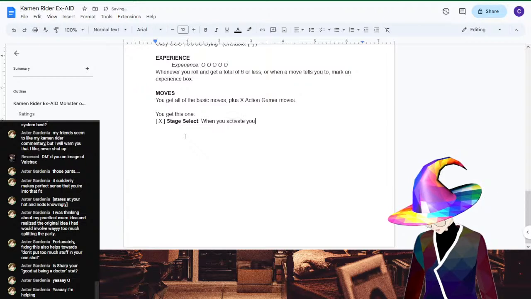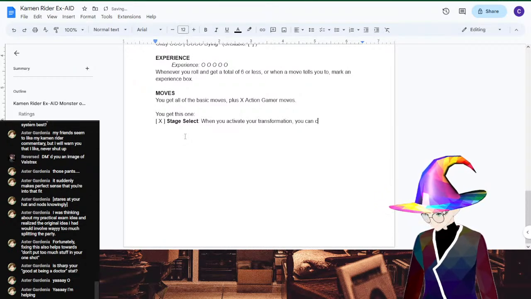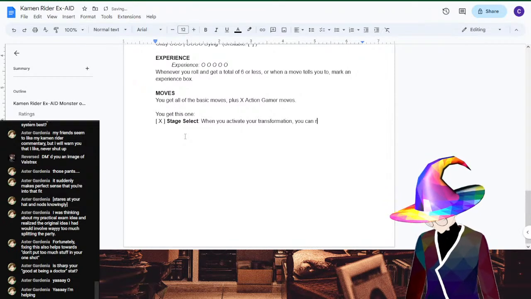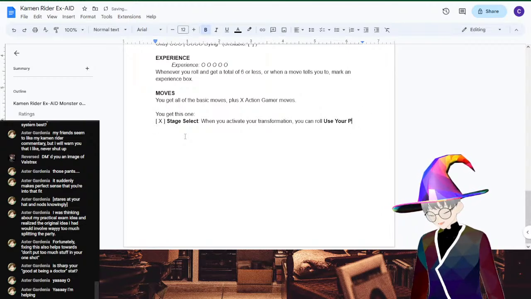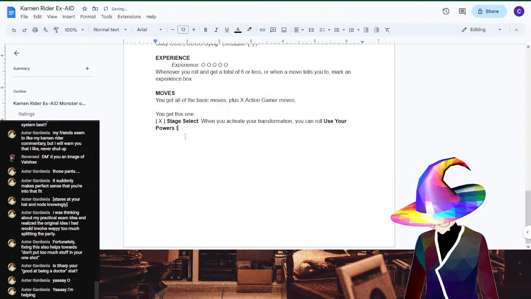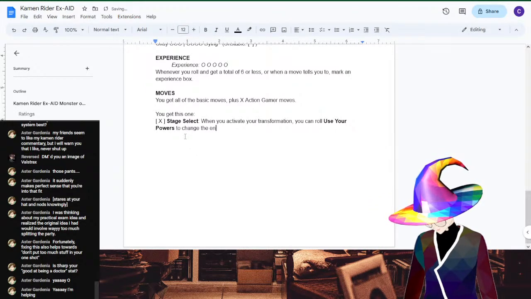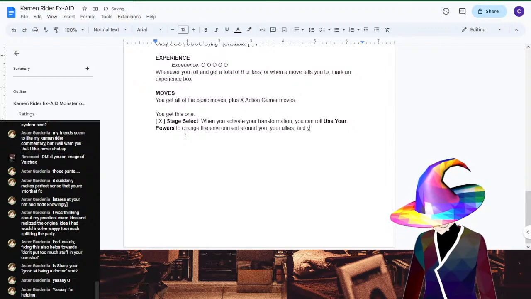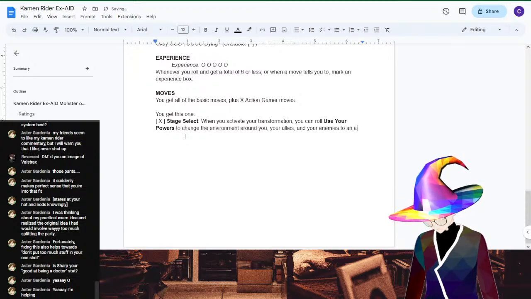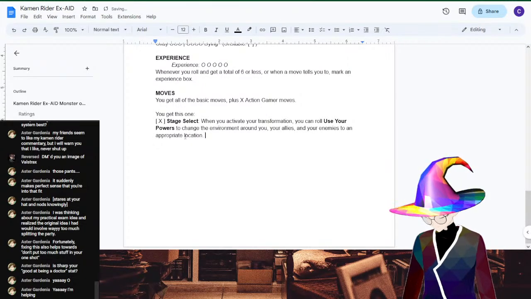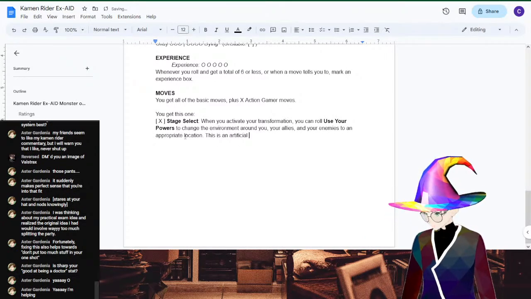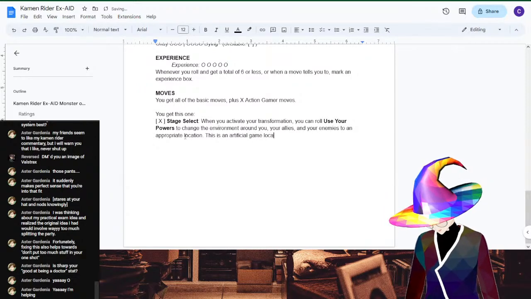When you activate your transformation, you can roll, use your powers, no, yeah, you can roll use your powers to change the environment around you, your allies, and your enemies to an appropriate state, to an appropriate location. This is an artificial game location,